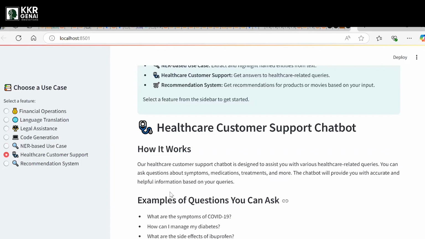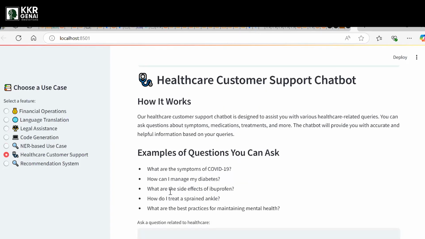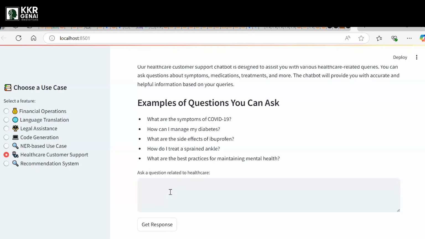And you can create your own chatbots as well. Like in healthcare, with a chatbot you can ask about COVID symptoms, or what specific treatments can be taken if you are affected with COVID-19, or malaria, or dengue as well.